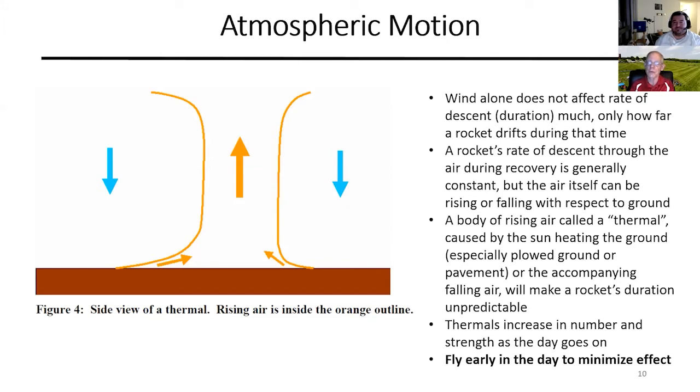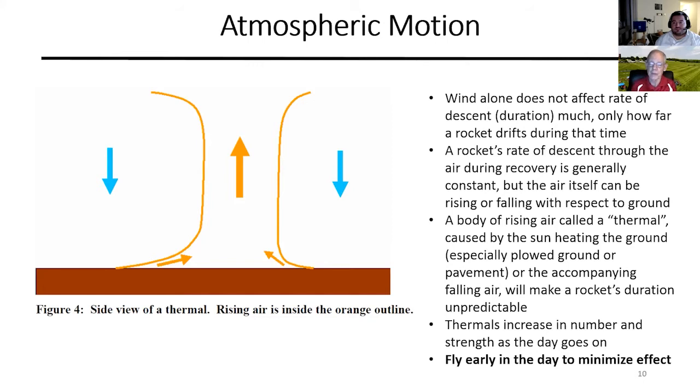So you don't really want to do that unless you are in a place where it's stone cold air and there are no thermals, in which case, great. But thermals are a consideration. You really need to think about that. They're hard to detect. There are instruments that can detect them, and some rocketeers know how to do it. But if you're detecting them, you don't want to fly, right? Not practice, not qualification flights.